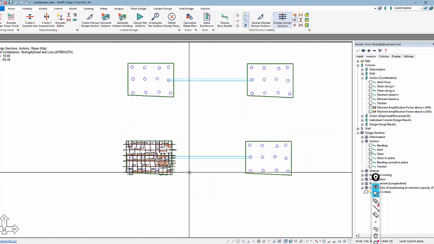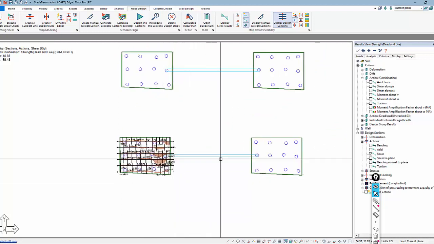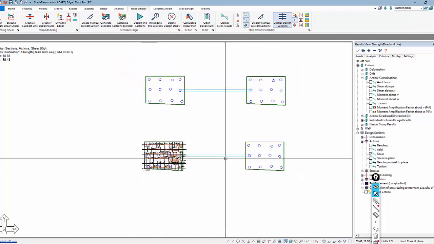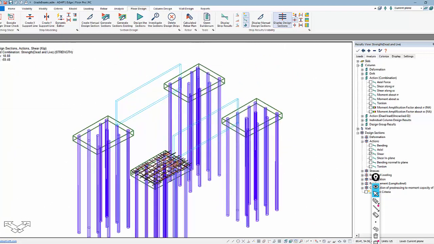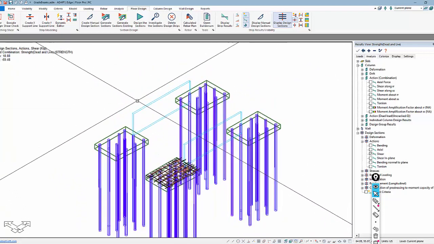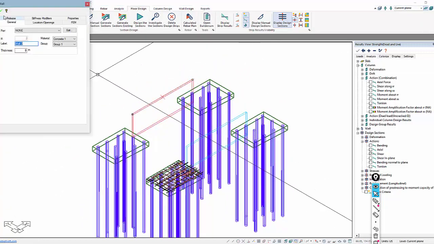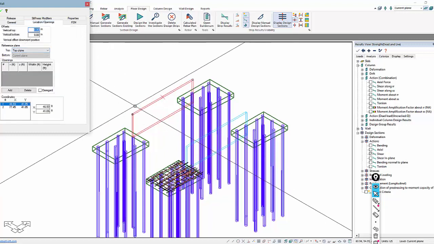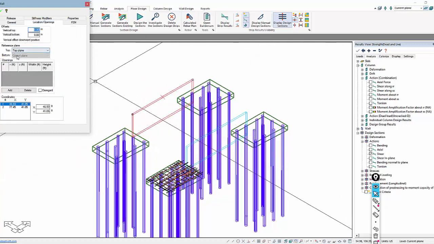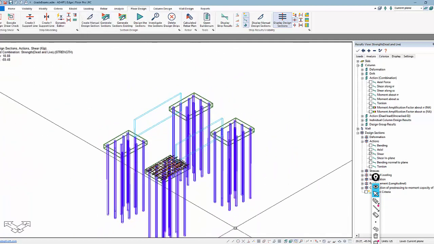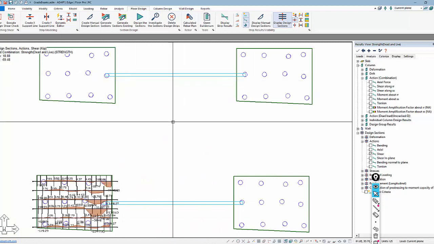The one thing we cannot do, however, is actually design this grade beam because it's modeled as a wall. If I change that to actually a beam component, then we have potential issues. Rather than modeling this as a wall, a wall is connected at two different planes because we mesh vertically in the wall. We have a top and bottom reference plane. If I was to go in and model a beam along that path,